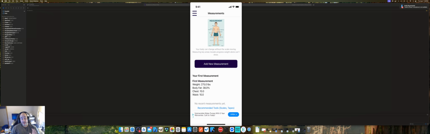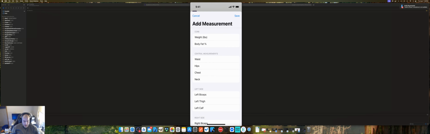So in the background, I save it. I say this is a historical record. This is the first measurement he's ever made. This way, whenever you make new measurements, you can always compare to your first measurement so you can see your progress over time. So if I go ahead and add a measurement, and then I do another one,